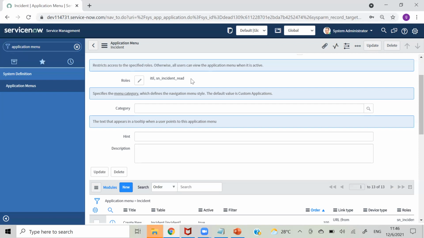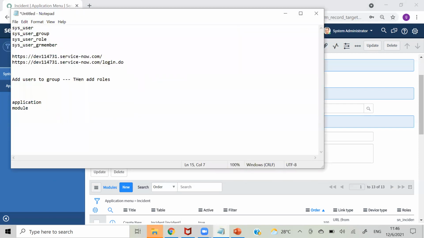So again in that we will have roles, for example incident manager, then incident employee. They will have different access based on their roles. For example, for incident manager, we will allow that person to assign an incident to anyone. Okay, so we will provide him that access. Or else he can close an incident. Okay, we will provide him access.